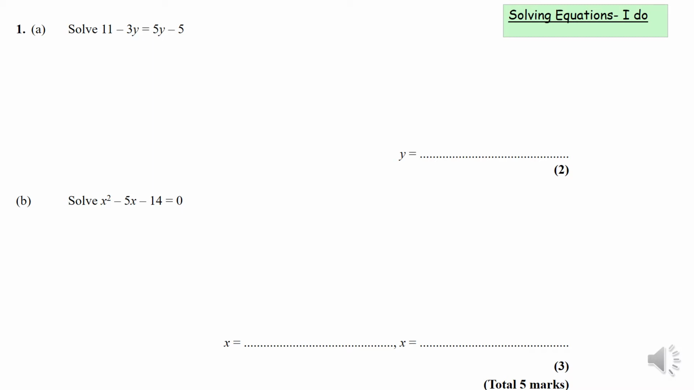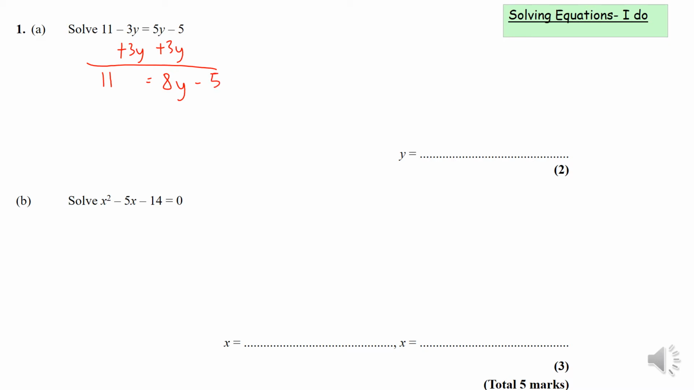Now we need to get rid of that by doing the inverse. So we will add 3y to both sides. The reason for this is because we want to get the y's on one side of the equation. This leaves us with 11 is equal to 8y minus